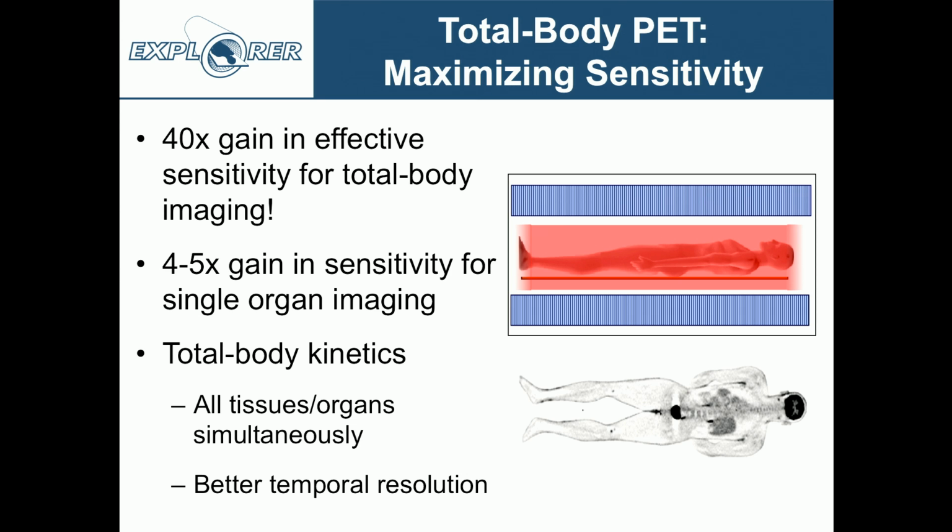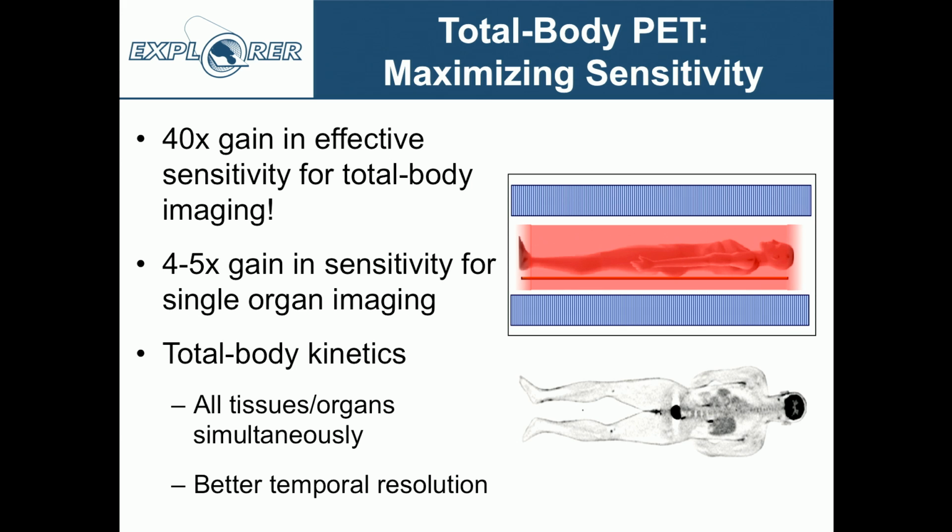If we could build a scanner that really surrounds the patient with detectors, and I'll show you some simulations in a moment, they suggest that we would get a 40-fold improvement at least in the effective sensitivity when we want to scan the whole body. Now sometimes, of course, we don't necessarily want to look at the whole body. We only want to look at a single organ, for example, the brain or the heart. In that case, the gains are substantially less because that organ already fits in the field of view of currently available scanners. But we still get a boost from that additional solid angle. So even in the case of imaging a single organ, we can anticipate about a 4- to 5-fold gain